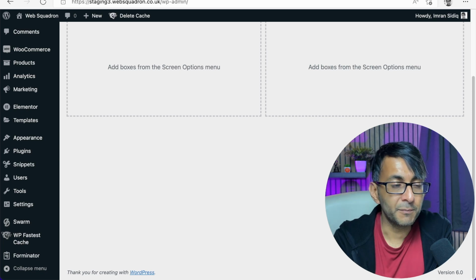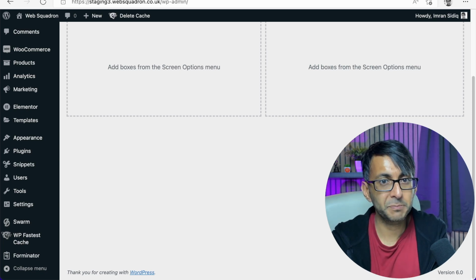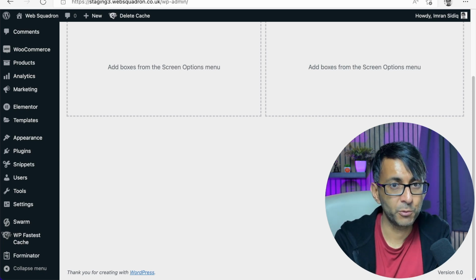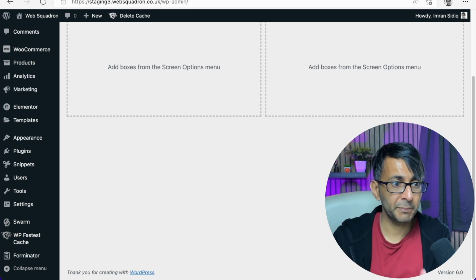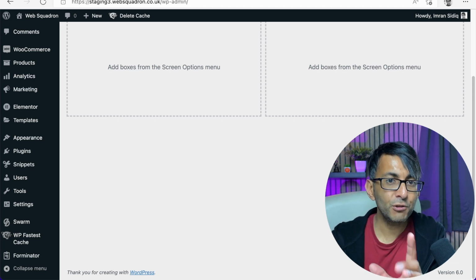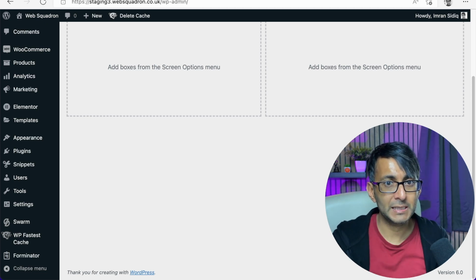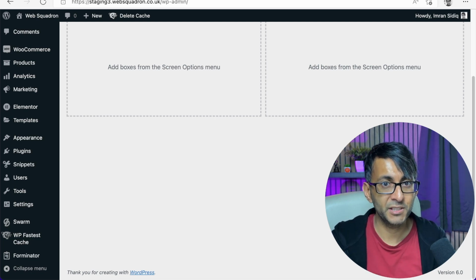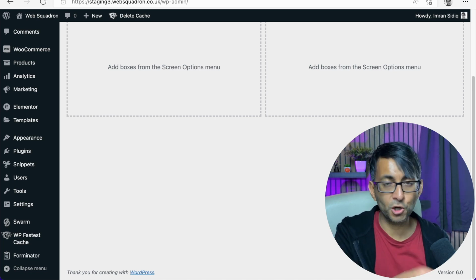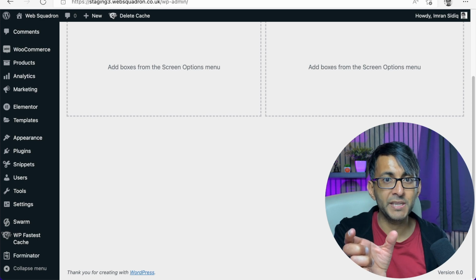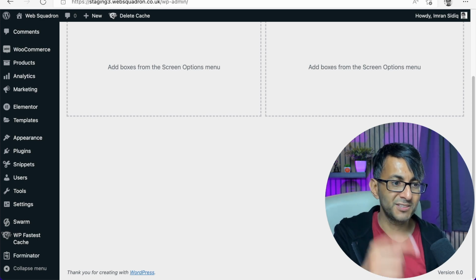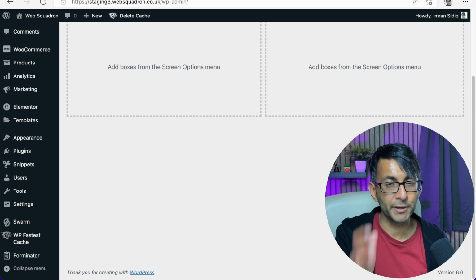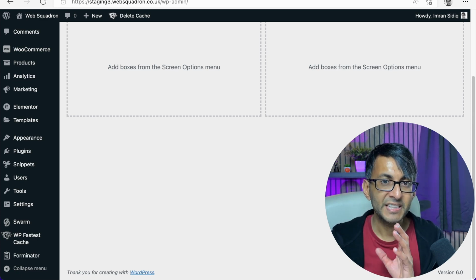Hey, quite often people ask about stopping spam comments and messages coming through on their website. And there's loads of ways you can do that. reCAPTCHA, Honeypot, CleanTalk, lots of other plugins and tools. But if you start to notice that you're continuously getting messages from a certain IP address, normally when you go to your comments, it will actually have the IP address in there for you, especially if you're moderating. So if you notice you're continuously getting attacked, or maybe you want to block certain IP addresses, it's actually really